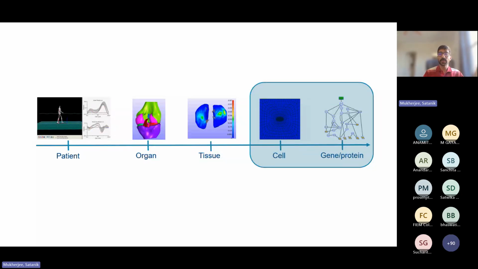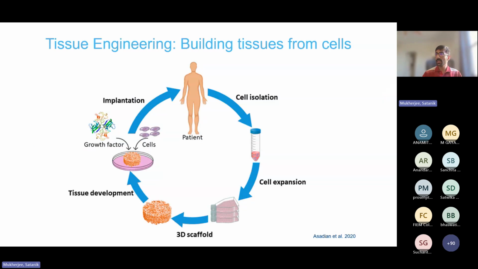So till this point, we talked about how we can use computer models, either deep learning based approaches or more physics based finite element approaches to predict disease progression. The next part would be how, once the disease has progressed, we can use cells and intracellular signaling to basically regrow cartilage. And this concept of regrowing tissue from cells of the human body is called tissue engineering, where